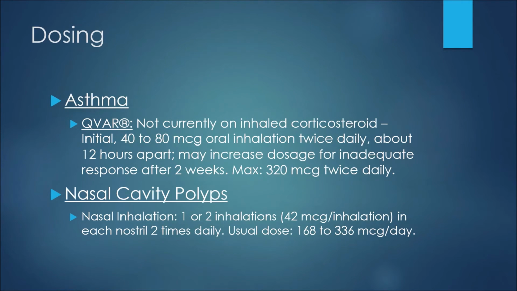Now for some examples of dosing with beclomethasone. In the treatment of asthma, using the brand name Qvar, if a patient is not currently on an inhaled corticosteroid, we may see an initial dose of 40 to 80 micrograms given oral inhalation twice daily, about 12 hours apart if possible. We may increase the dose for inadequate response after 2 weeks, and the maximum dose would be